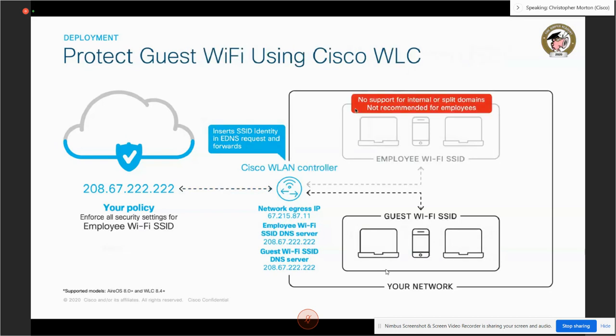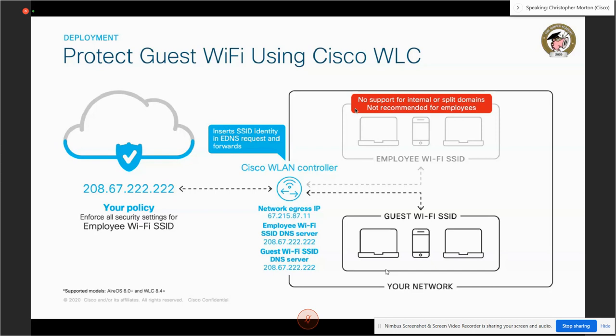Protecting Wi-Fi utilizing the Cisco WLC. If you are leveraging that in the environment, that is something that could be leveraged to provision that, similar to the ISR router or the third-party device. You're going to generate a token within the Umbrella Cloud dashboard and install that on the actual controller. With that, you'll be able to secure your external DNS queries